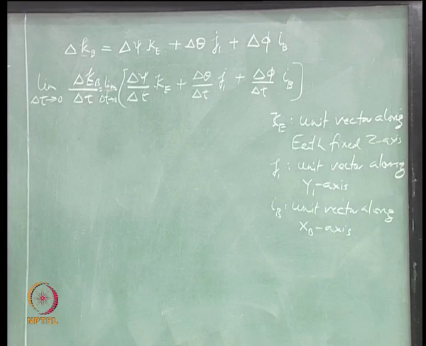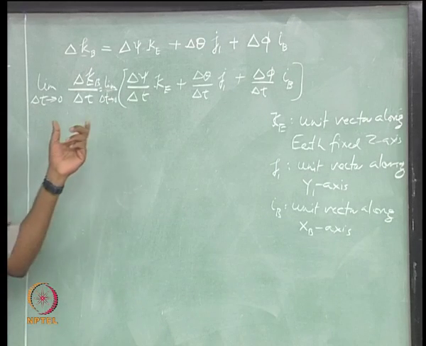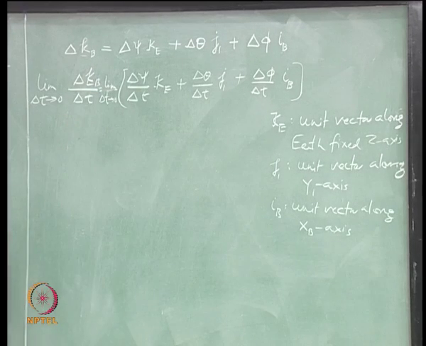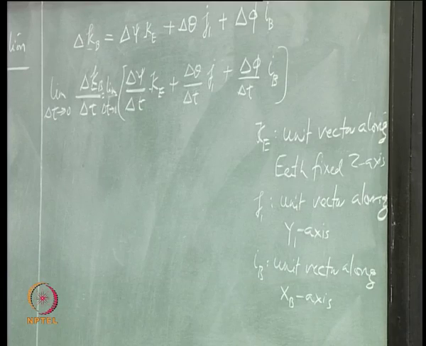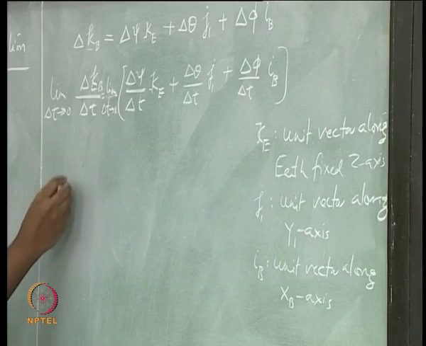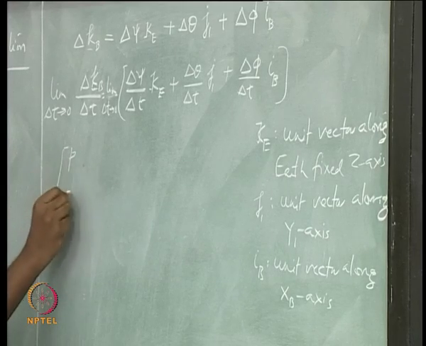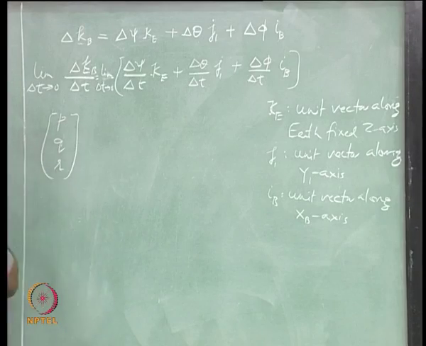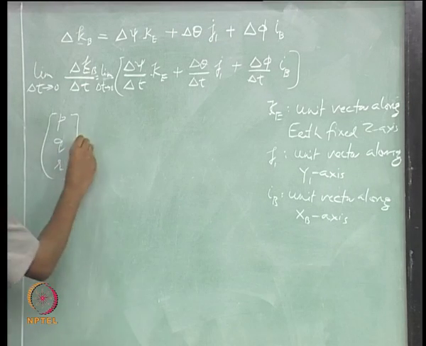Rate of change of angle of the body in the body fixed axis system, right. So this is related to the angular rate or the angular velocity of the body, right, or the aircraft. So this is PQR, right, equal to